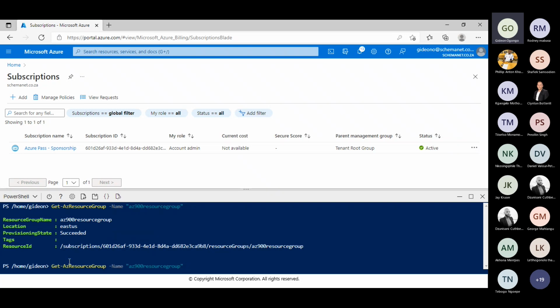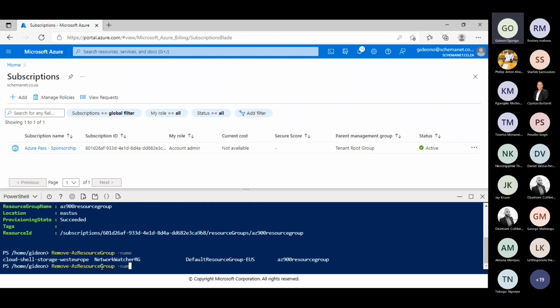If I want to delete this resource group, I can say remove, so you can change the get to remove. I'll probably have a different session where I would do a PowerShell crash course for you guys, just so that you know how to use PowerShell as well. So if you say Remove-AzResourceGroup, and then you specify a name parameter for this resource group, you can then specify the name of the Azure resource group. So it's AZ900 resource group. And then if you press the enter key, I will